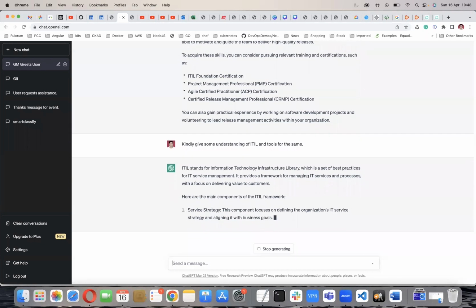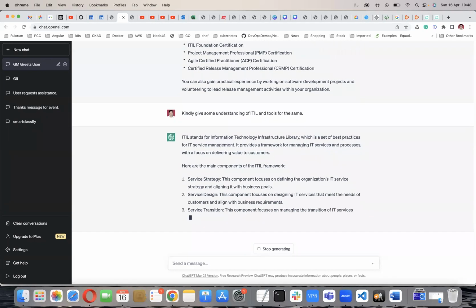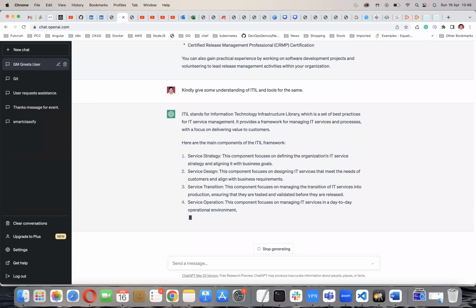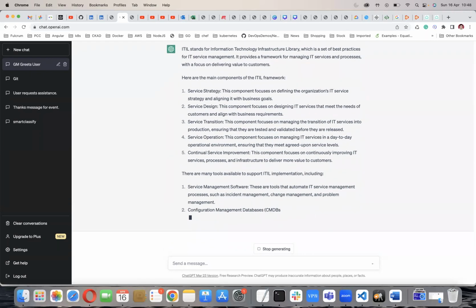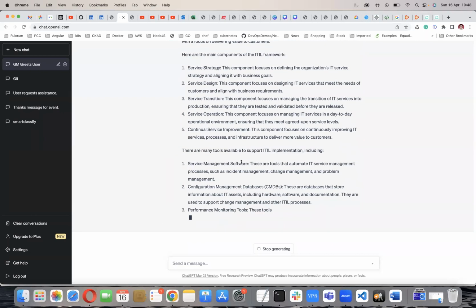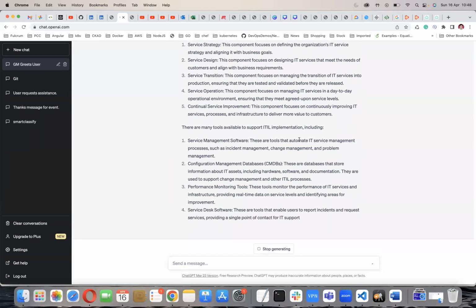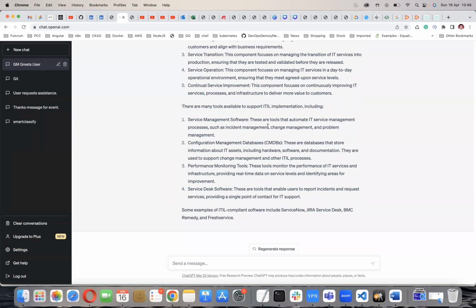Now one by one, you ask the question to ChatGPT. Kindly give some understanding about ITIL and the tools for the same. So now you can see there are many tools available to support ITIL implementation: service management software. These are tools that automate IT service management processes such as incident management, change management, problem management,